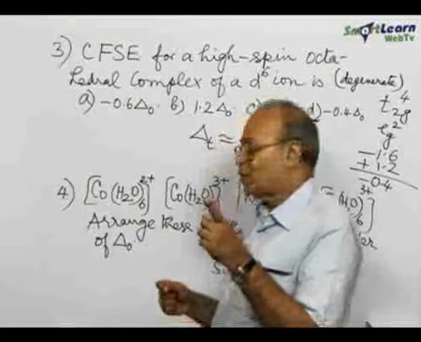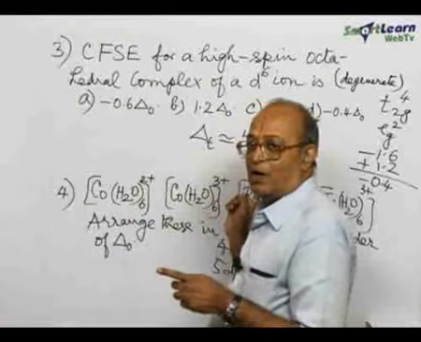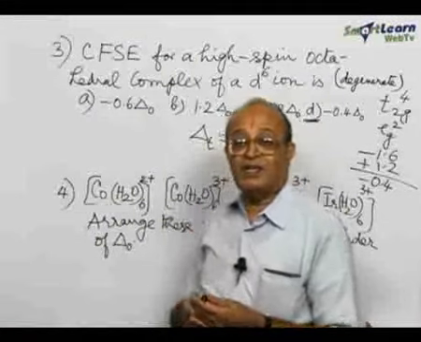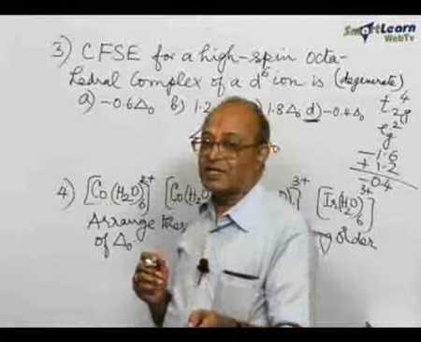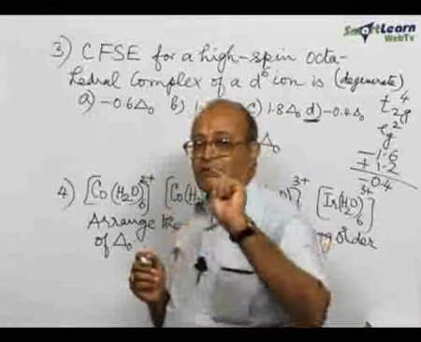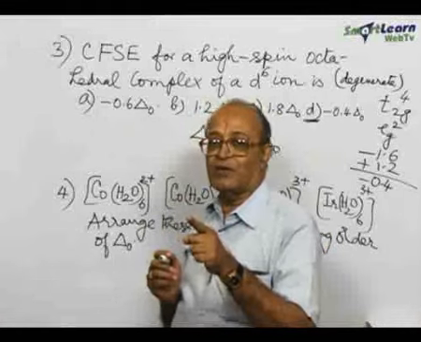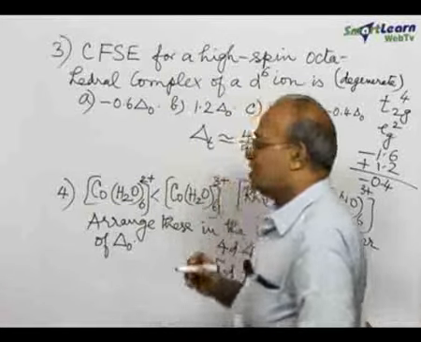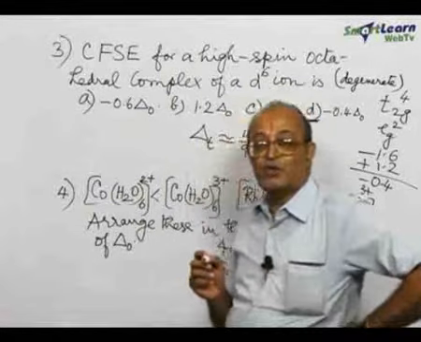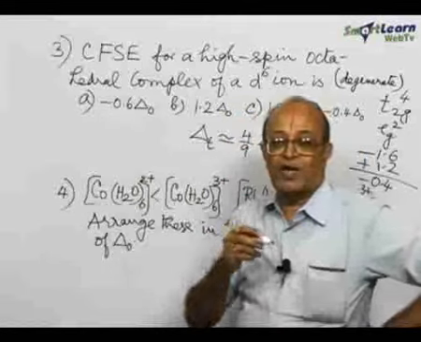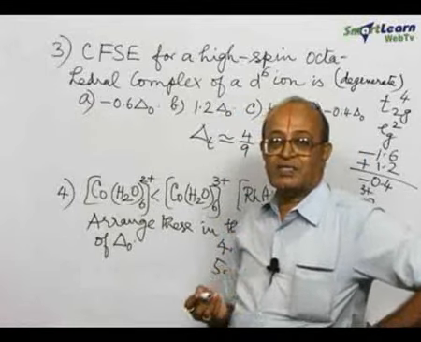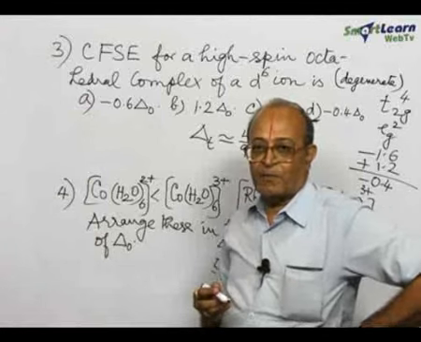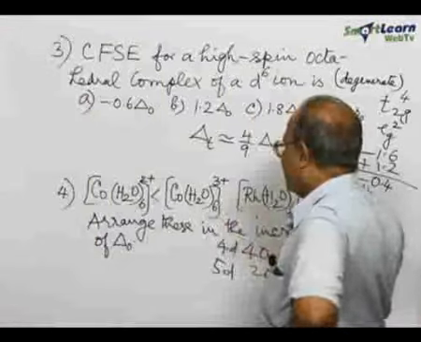I have already told you, except the first one, all the three bear 3 positive charges. As the number of charges increases, so does delta O. So, I can write [Co(H2O)6]2+ will have a lower value of delta O, because less charge, less the value of delta O. All right. Compare these three: